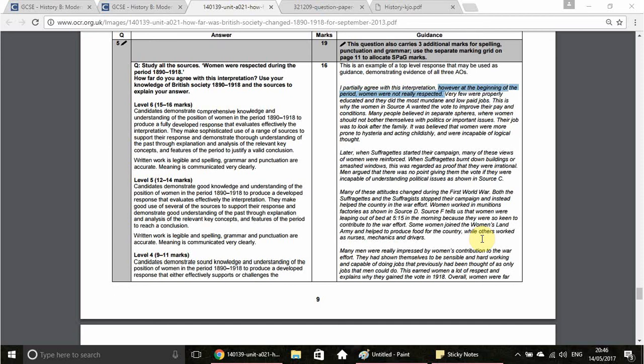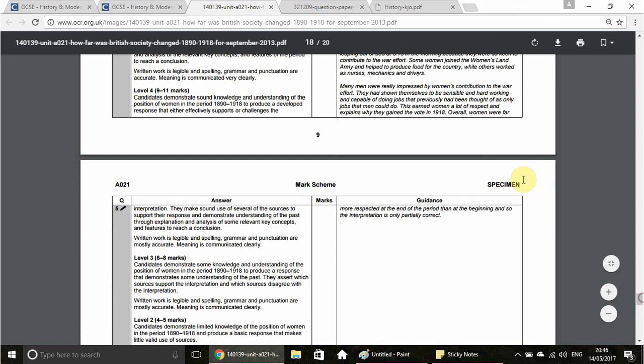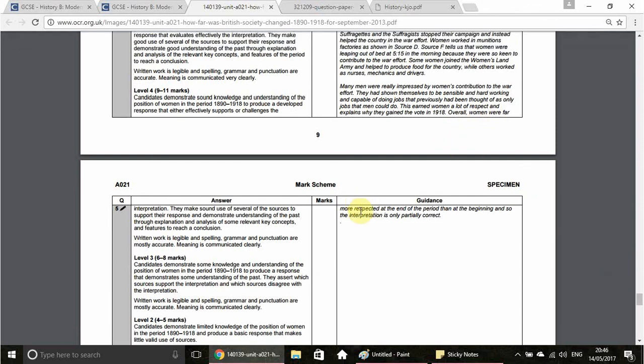Okay, then they go on to talk about why women actually got the vote, and they talk about how men were impressed by the way that they had behaved in World War I. And then they conclude by saying, overall, women were far more respected at the end of the period than they were at the beginning, and so the interpretation is only partially correct. And they've gone back to the question in that last sentence. So as you can see, the sources are used to support what they are saying, and they've got detailed knowledge